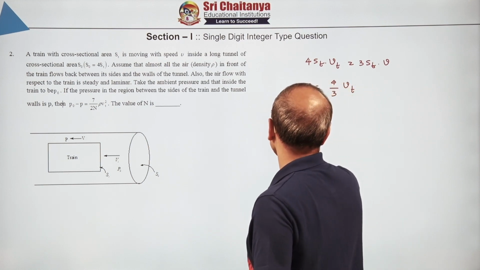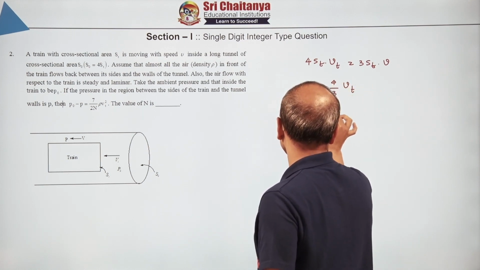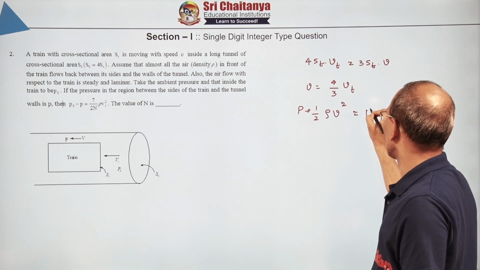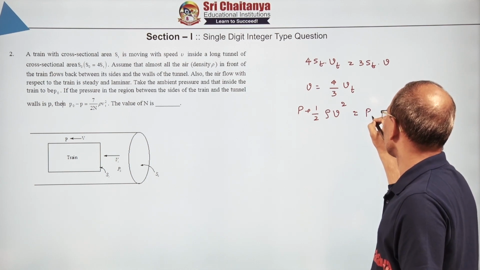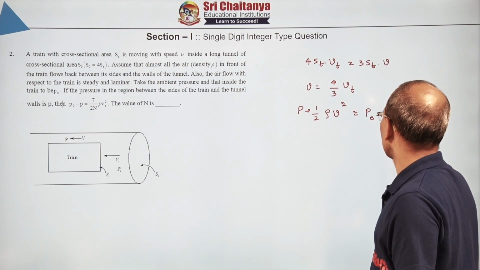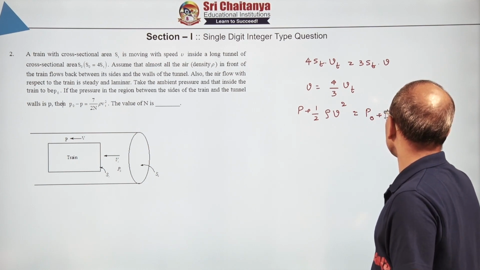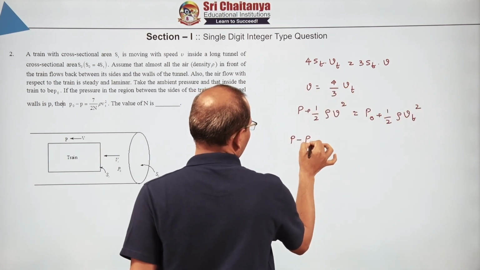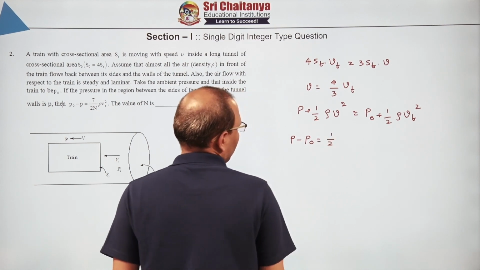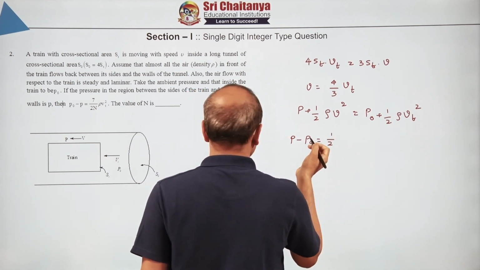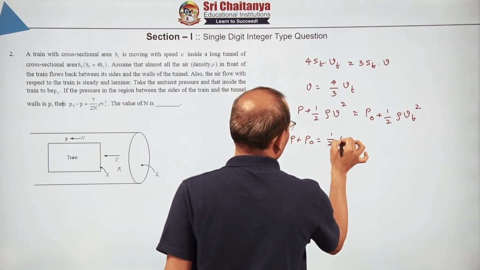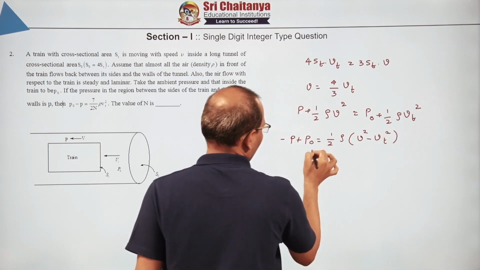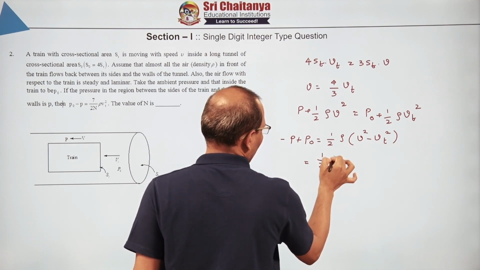So P plus half rho V square is equal to Pt, or P naught plus half rho Vt square. Now just simplify this, you get P minus P naught is equal to half, or rather P naught minus P. We get it as half rho into V square minus Vt square, which will come out to be half rho